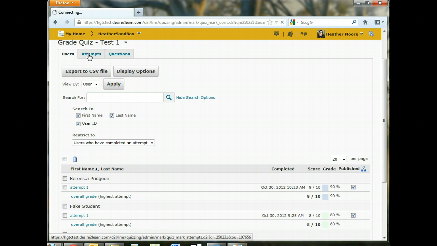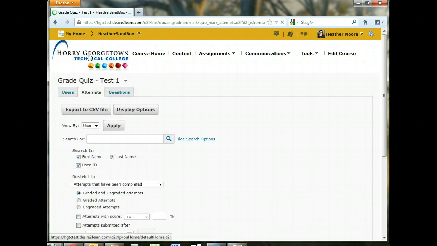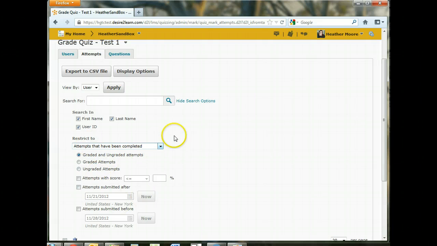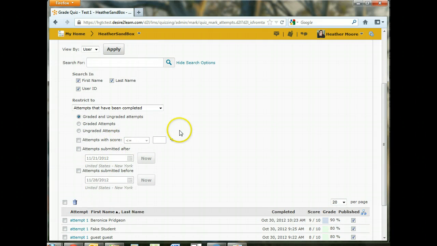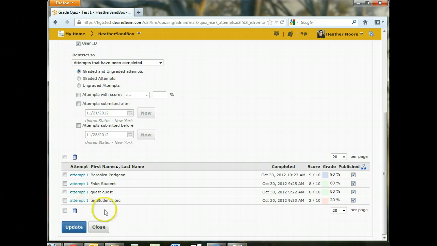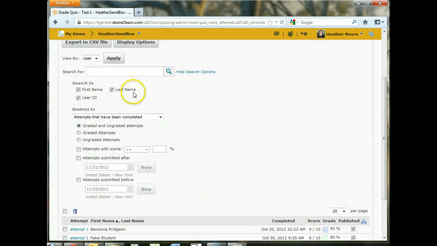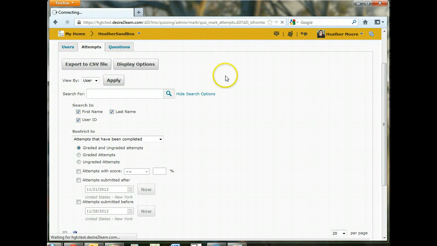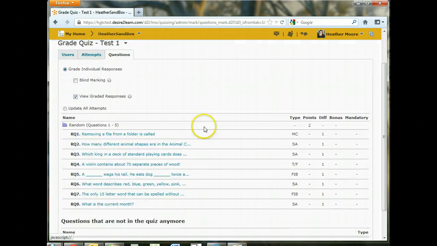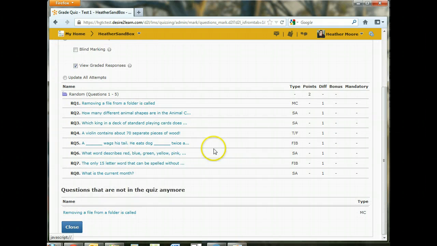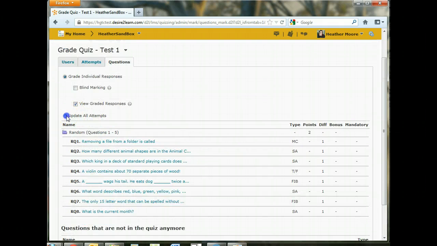And just to show you what each of those looks like, here's the attempts page. It gives you some other search options to be able to filter by. And then it has a list of all of the attempts and the users that took it, along with the dates and times that it was completed and their score. And then on the questions tab, we can see each of the questions, and if we need to grade all attempts, we can update all attempts here by